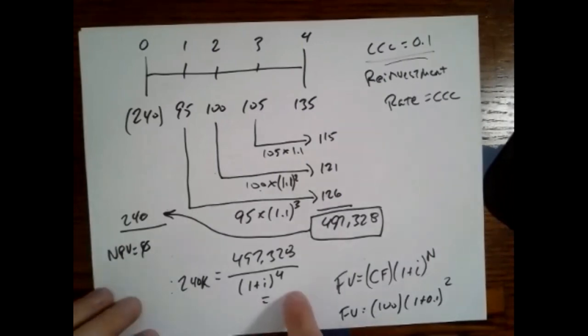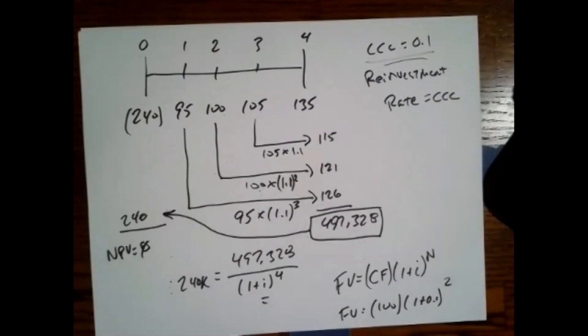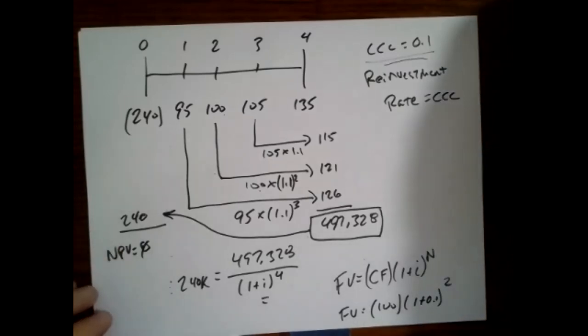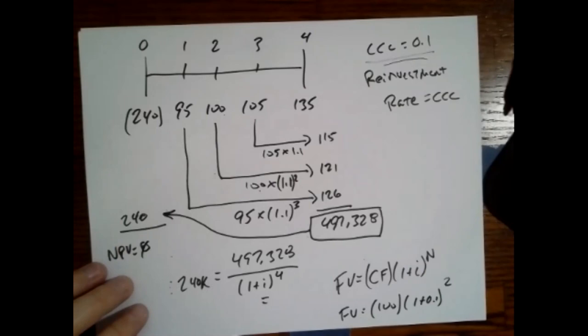This is easy. You could do this on the calculator using your TVM. You just calculate the value for I. You could do it algebraically. It's a little bit of a pain, but it's not super hard to do. You just solve for I. Or we can switch back to our spreadsheet,